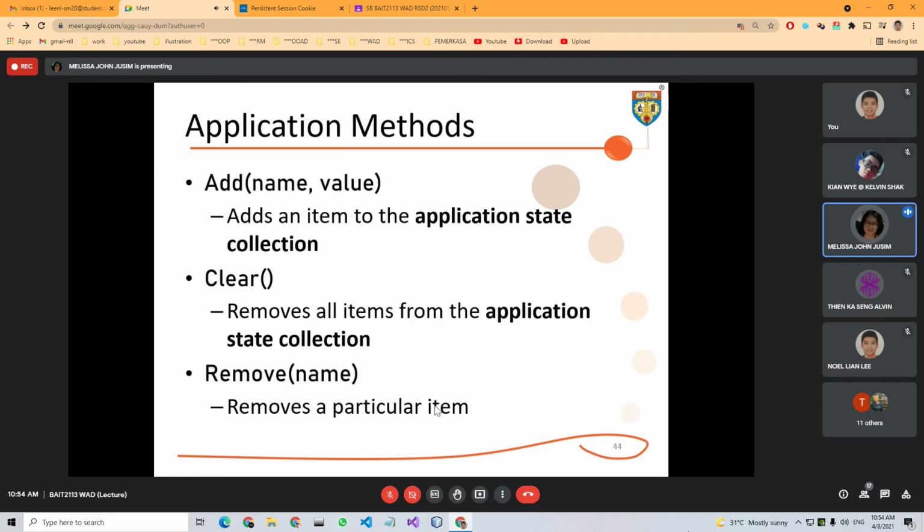There's an Add method, there's a Clear. When you use the Clear method, it will remove all the application variables from the application state collection. And if you do not want to remove all, you can remove a specific application variable by using the Remove method.